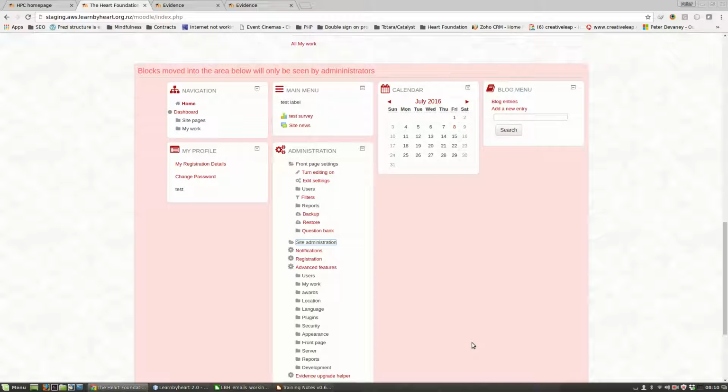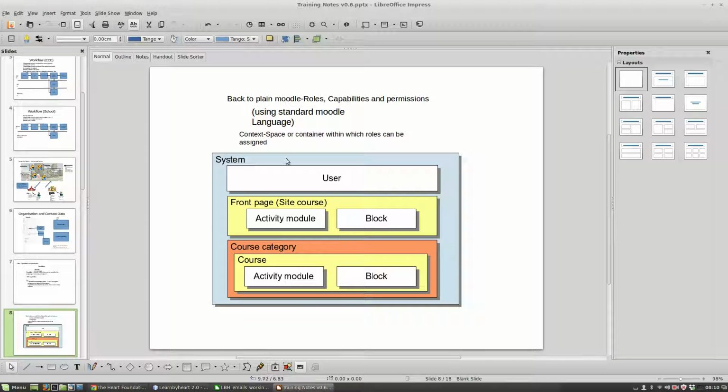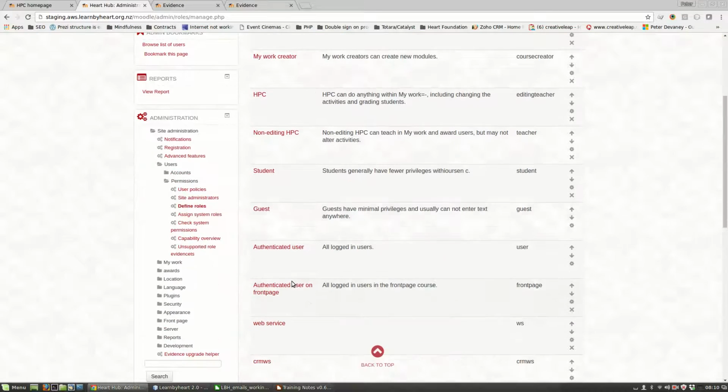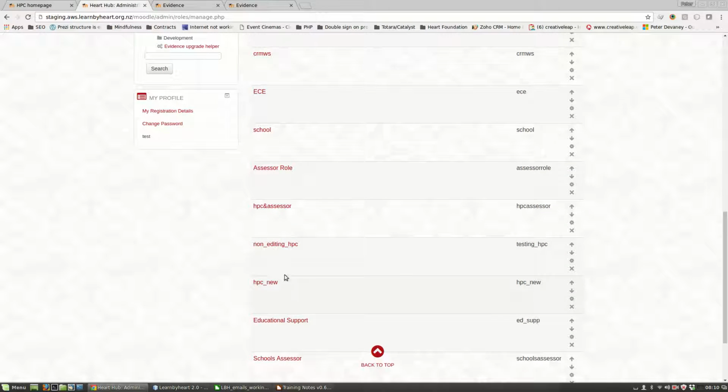Okay, the key thing here then, we need to check that that capability is unset for all the contexts for which we're going to be applying it in. So if you remember, just go back to the chart there. We've got system, course category, course, and so forth. Now if this is set, it will be set at system level. So let's define roles, and the roles that we need to check are probably the assessor role,